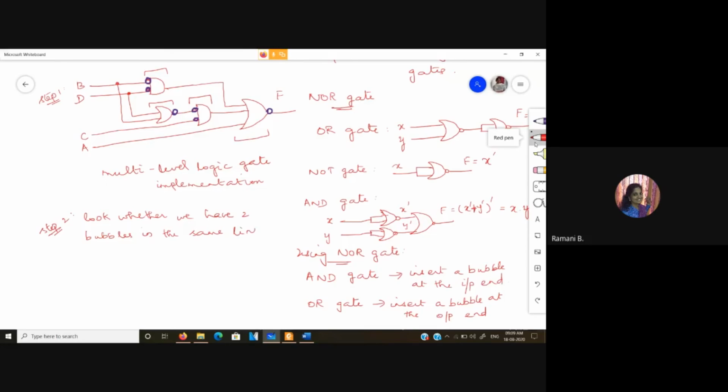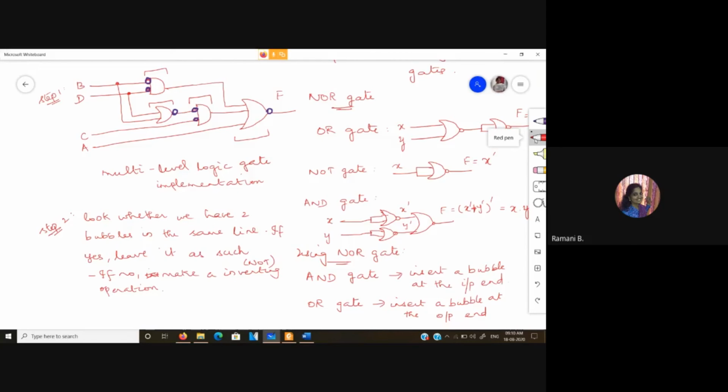If yes, leave it as such. If no, make an inverting operation there. Inverting operation or NOT operation, both are one and the same.